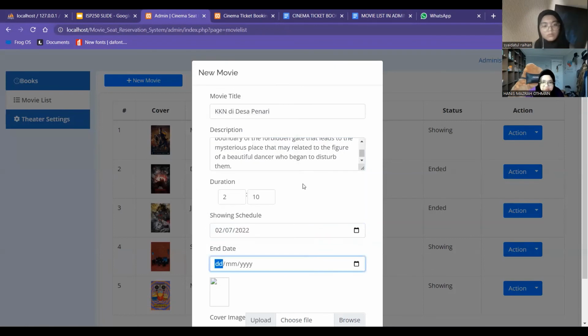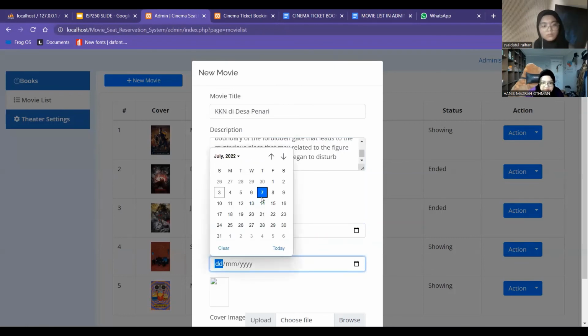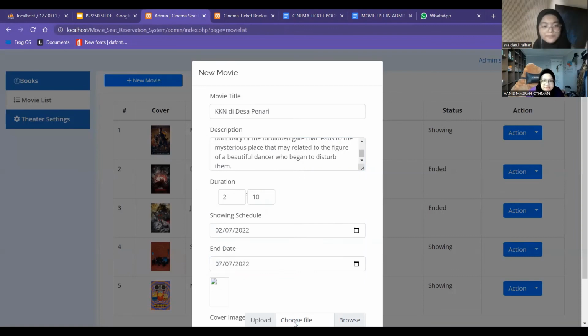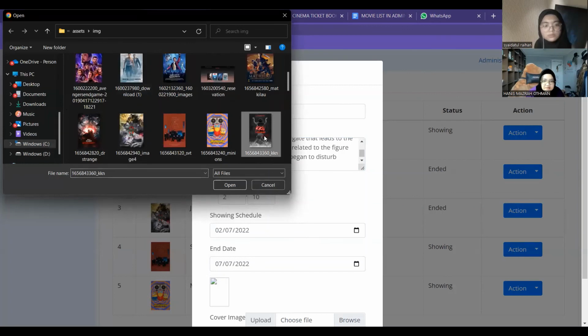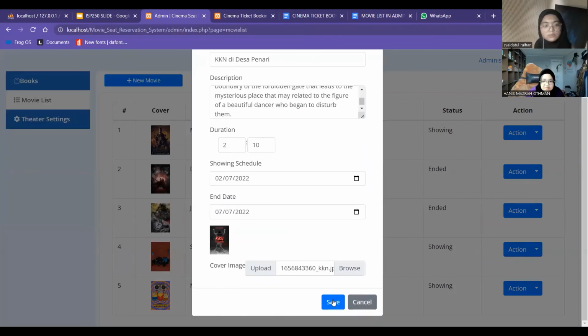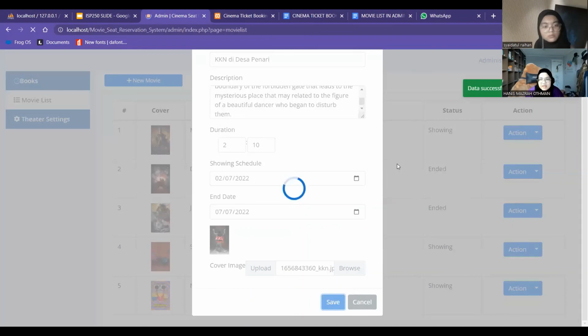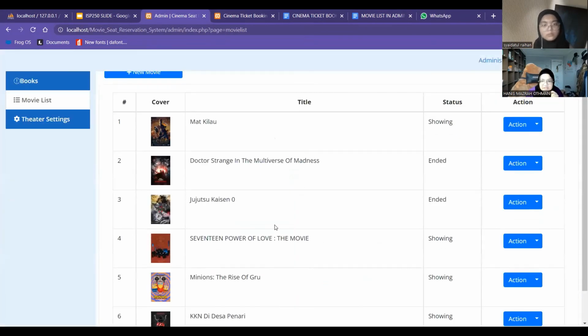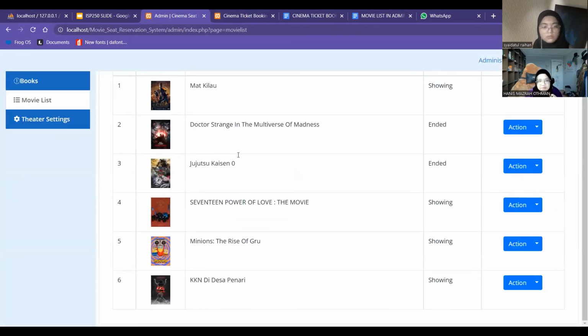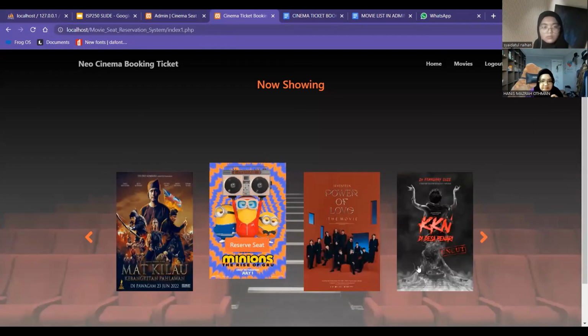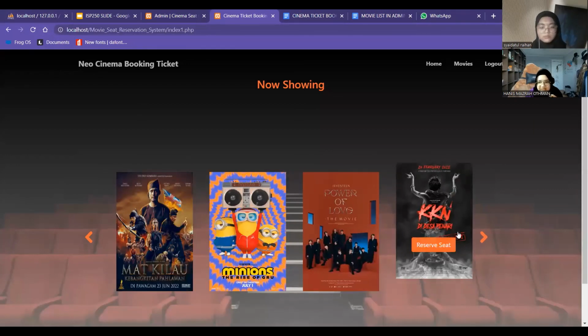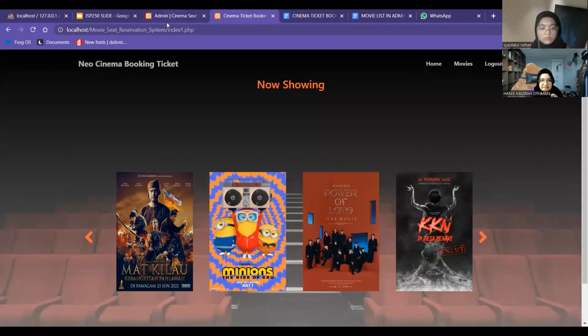So to July and end it 7. And choose the poster. Okay, and save. It will show the data successfully added. Now we need to see it at the user homepage. You can see the new movie has been added at the user homepage.